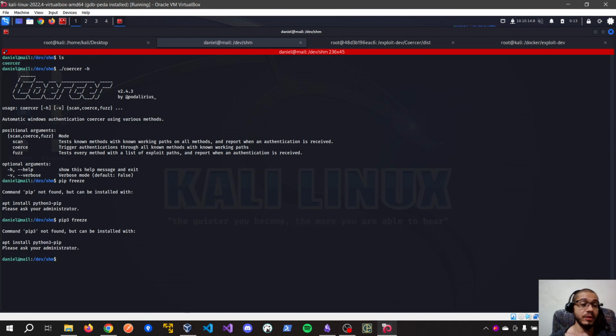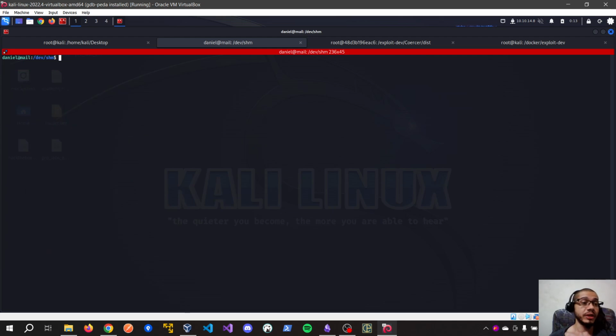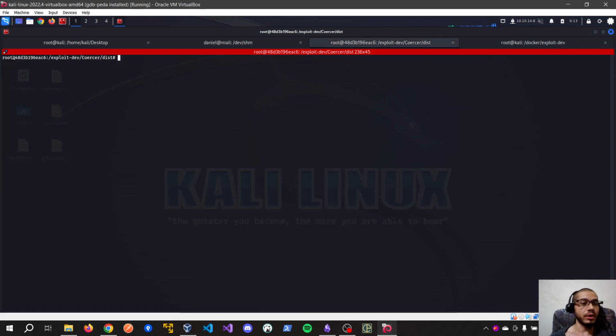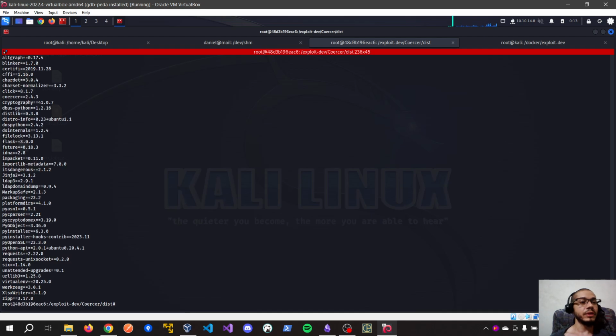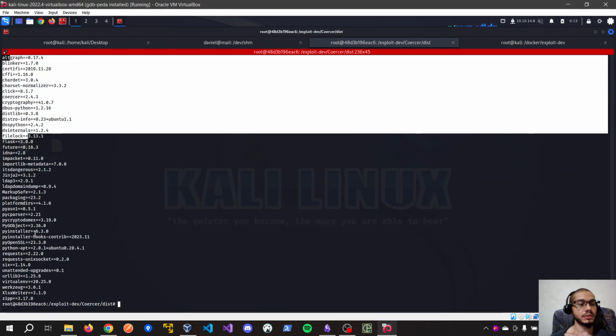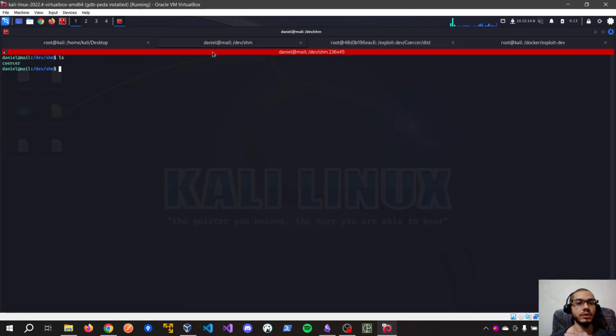Okay, we don't have pip installed on this machine, so we don't have a lot of things, and we are executing the tool inside this machine. As you can see, let's go to our Docker machine. If you use pip first here, you can see that this package has a lot of Python dependencies. We are executing it here on this machine without installing anything.